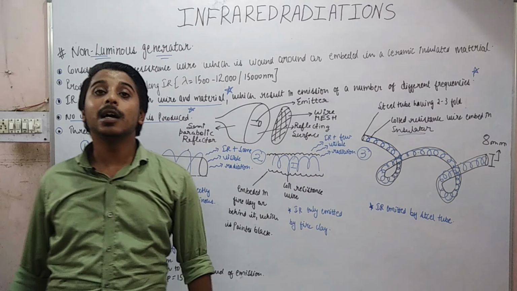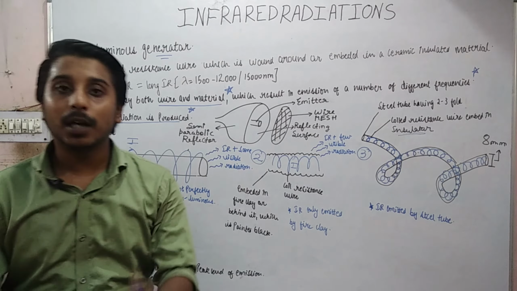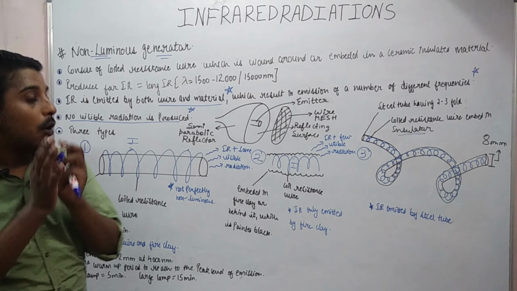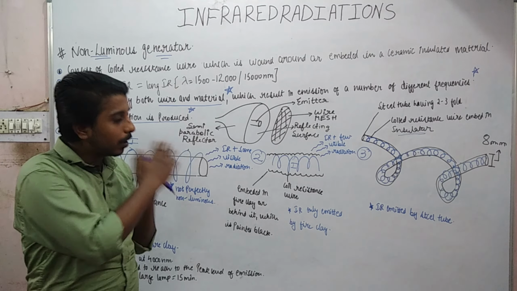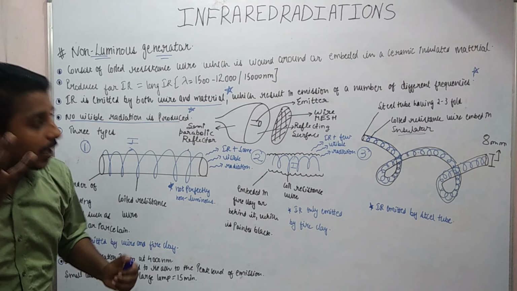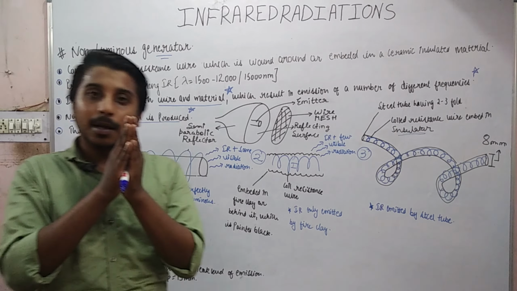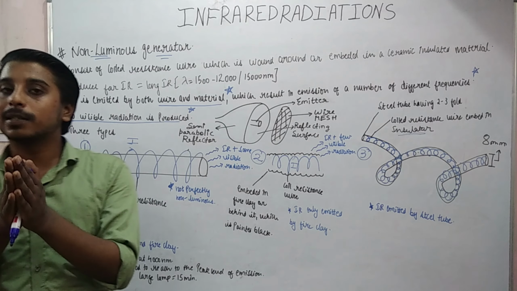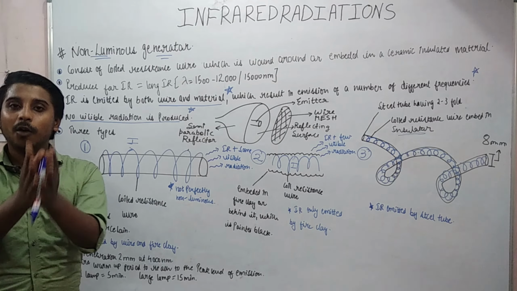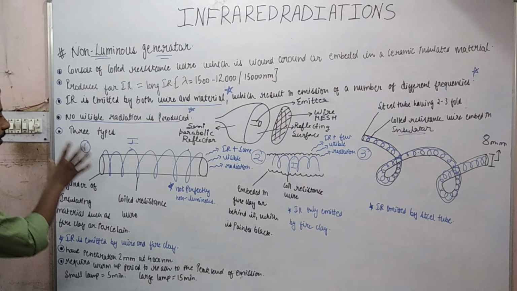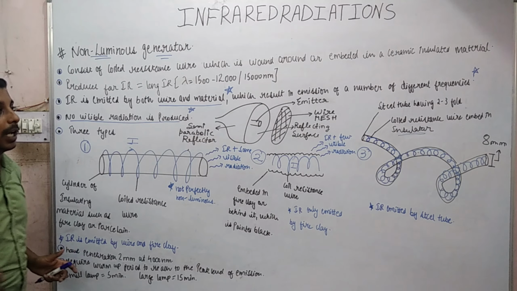So this is the third type of IR radiation. Hope you understand the whole concept. I tried my level best. If you have any doubt, you can ask me in the comment section. I will try my best to answer each and every query of yours. So these are the first, second and third types of